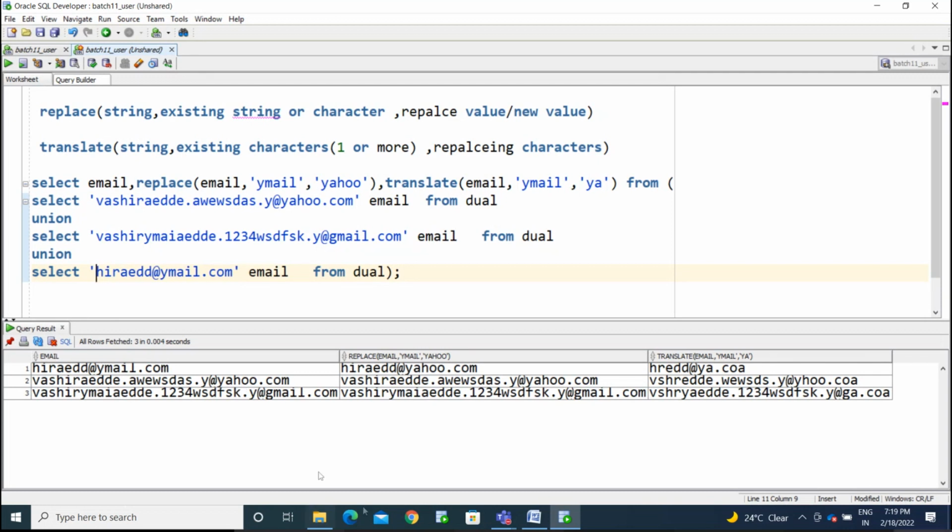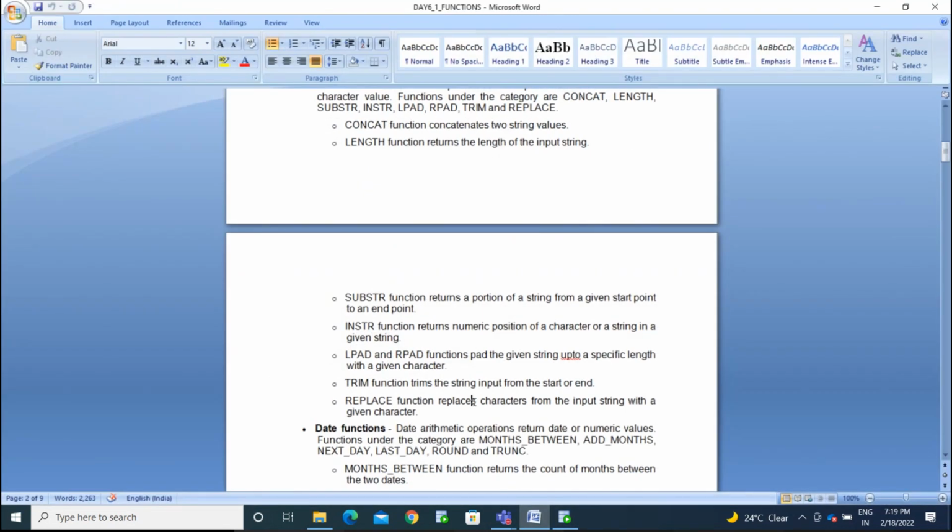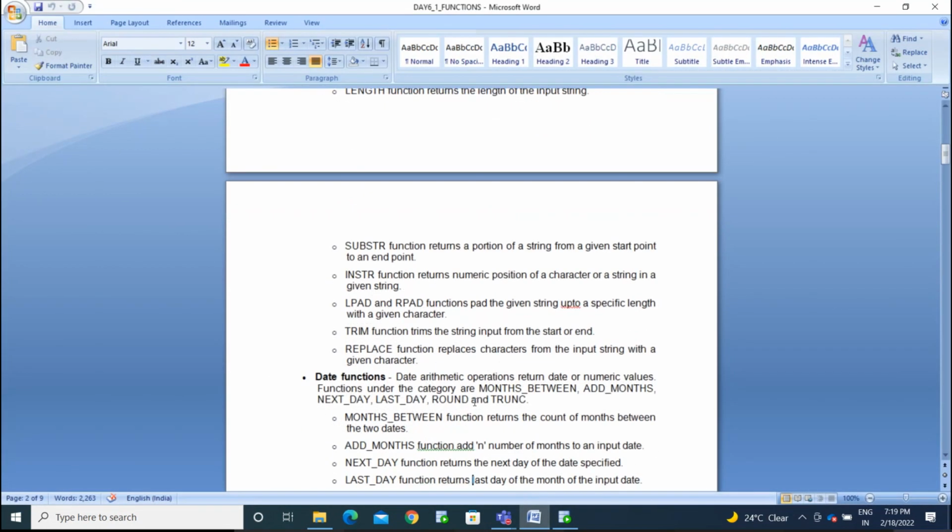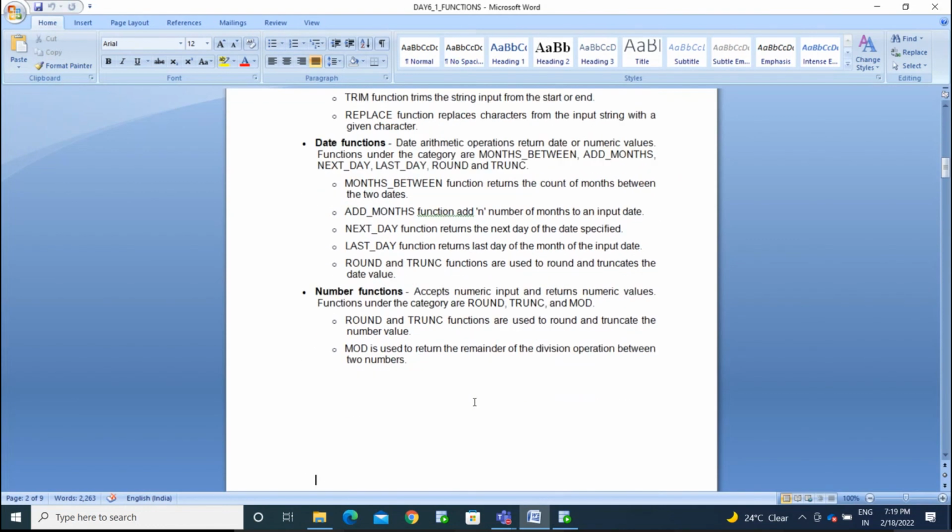Now we'll go with the date functions. We'll finish the date functions and see the other functions tomorrow. Date functions work with date values. Date arithmetic operations return date or numerical values. If you have 2 dates, say 1st January and 30th January,